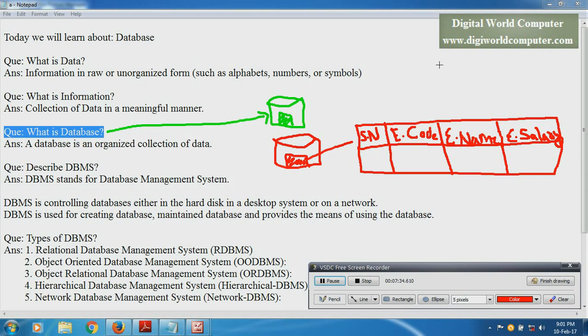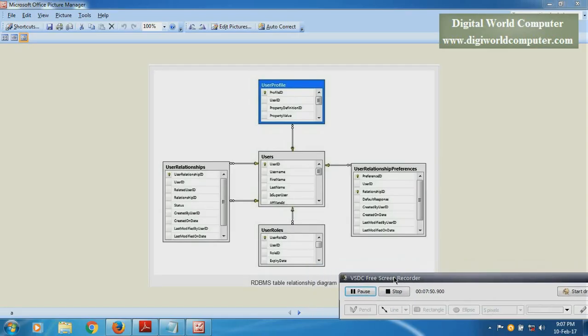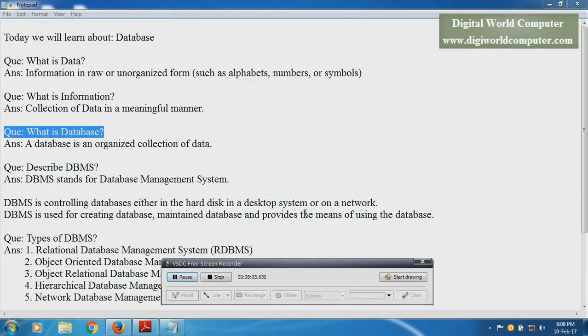So we can say the RDBMS is a powerful and advanced tool compared to the simple database. Here we can see a picture of the RDBMS system, how information is stored in the RDBMS system. You can see this picture that how information is